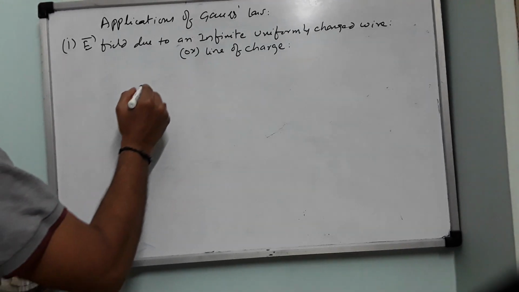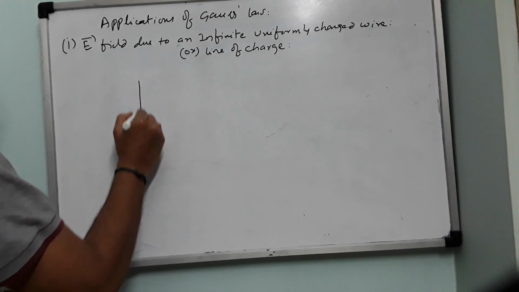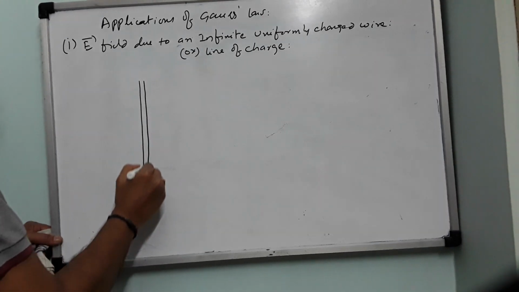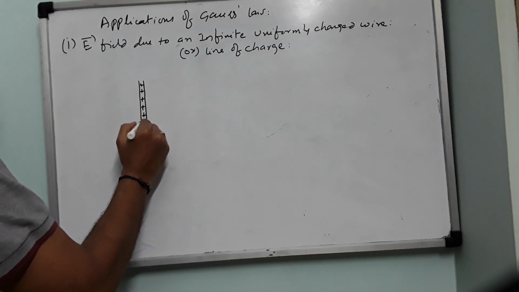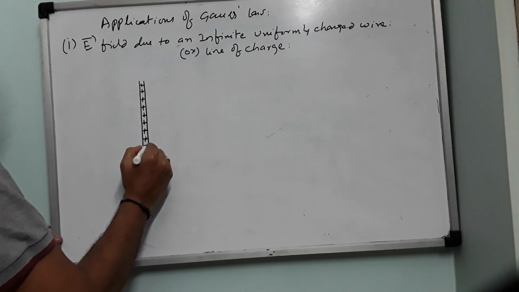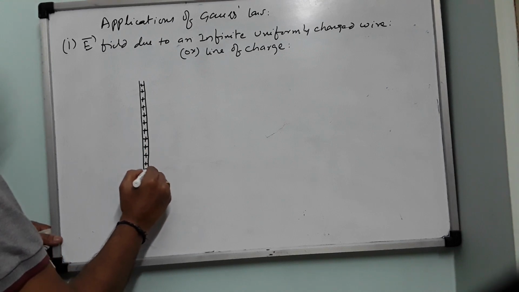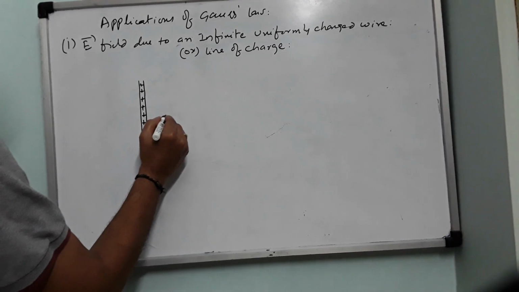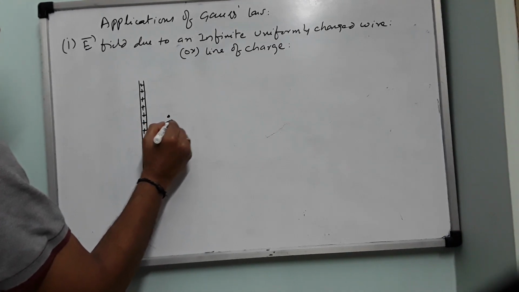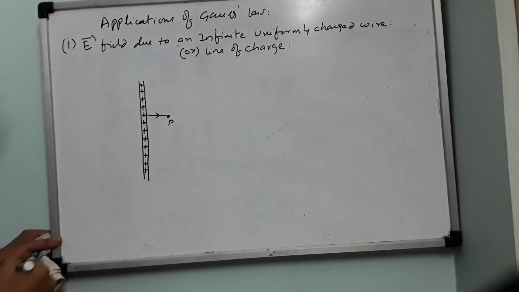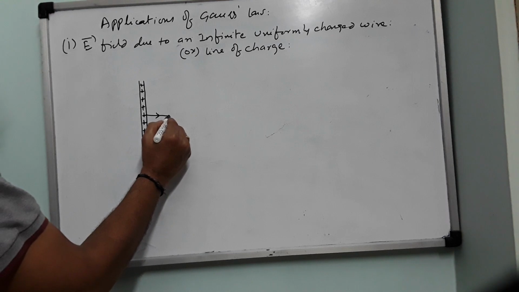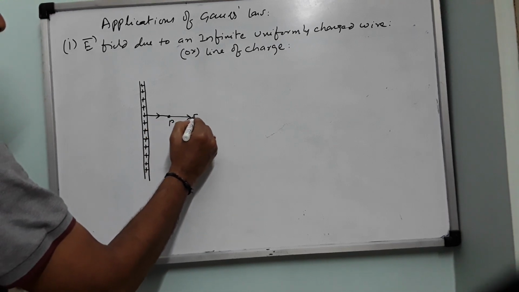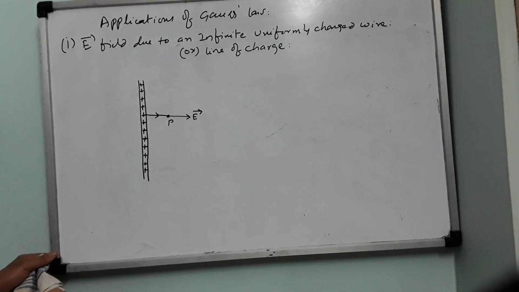Right. Now, this we are going to simplify further, which you can write directly in the examination like this. So now, the same line of charge I am drawing here of infinite length, which is having a positive charge. All its electrons have been removed so that it is left with only the positive charge. Right. Now, I consider here a point P at a radial distance R from the wire. To calculate electric field at point P, which is actually radially outwards like this, as explained previously, we have to construct a Gaussian surface.